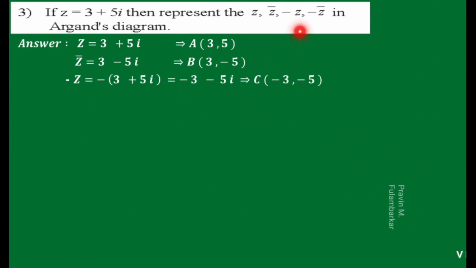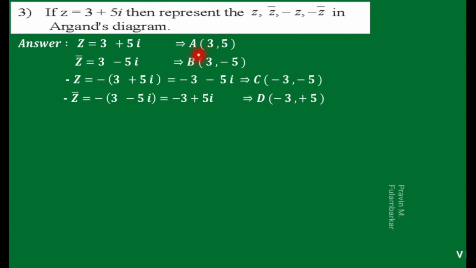Then next we have to find negative of conjugate of z. Conjugate of z is 3 minus 5i. So we have to change both the term signs. So we get minus 3 minus minus plus 5. So we see how we get. We write minus z bar as minus 1 into, substituting the value of z bar as 3 minus 5i. Now multiply by minus 1. So we get minus 3 minus minus plus 5i. So from this we write the ordered pair as (-3, 5). So we represent this as point D.